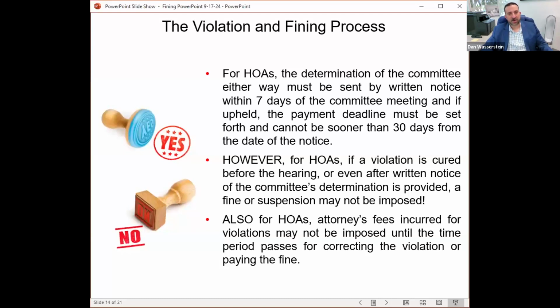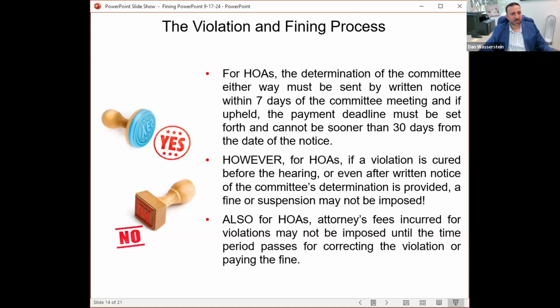So we look at that new provision about curing a violation, making a fine go away, only in the context of things that are really curable, which I refer to mostly as maintenance type issues: a dirty roof, an unpainted house, someone that leaves junk on their balcony that's not supposed to be there. Those are the type of things that, okay, if they fix it and it's an HOA, then fine. In those instances, it can go away.